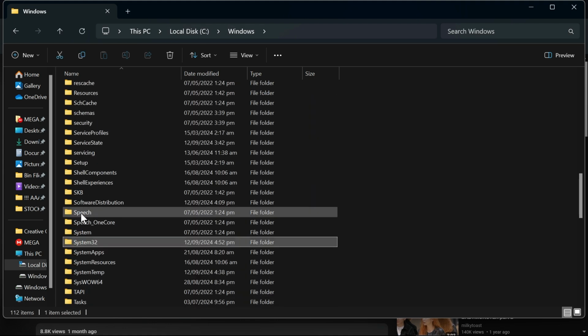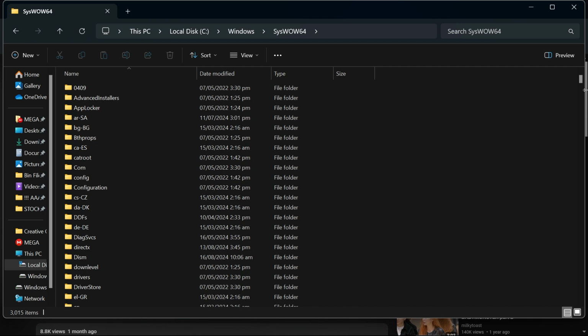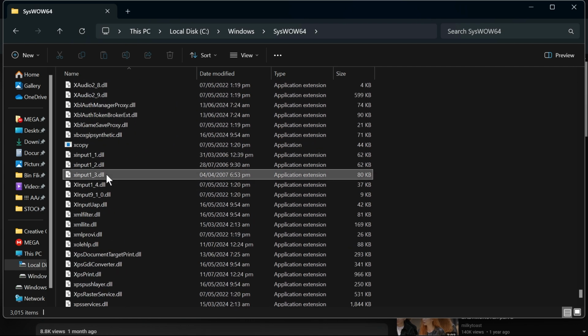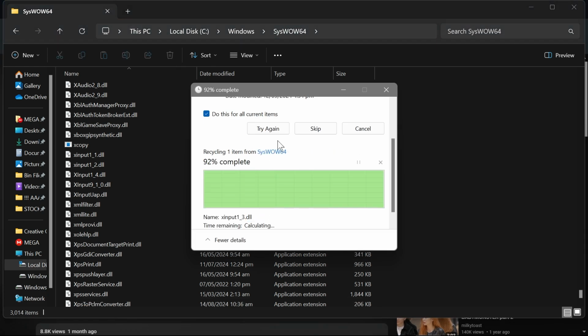to Windows. I want you to go ahead and look for this one right here, syswow64, and still the same thing, you're going to look for that particular file. So this one right here, and then still the same thing, we are going to go ahead and delete this